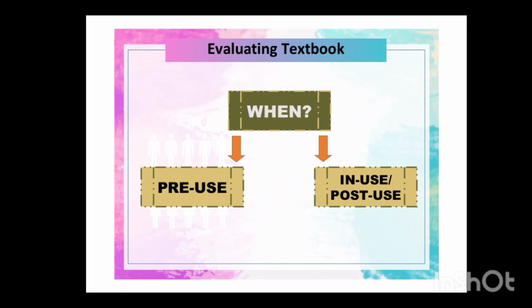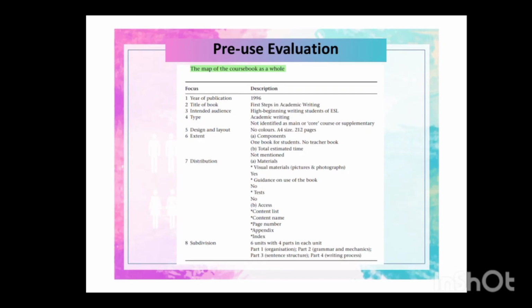We can evaluate the textbook before using it, while using it, and after using it. Before using the textbook, we can start to evaluate the general information, like the year of publication, the title of the book, the distribution of the materials, the tests in the textbook, and also the subdivision. For example, in one textbook there are 6 units with 4 parts, and part 1 is about this one until part 4 about this one. So we can evaluate the general things first,